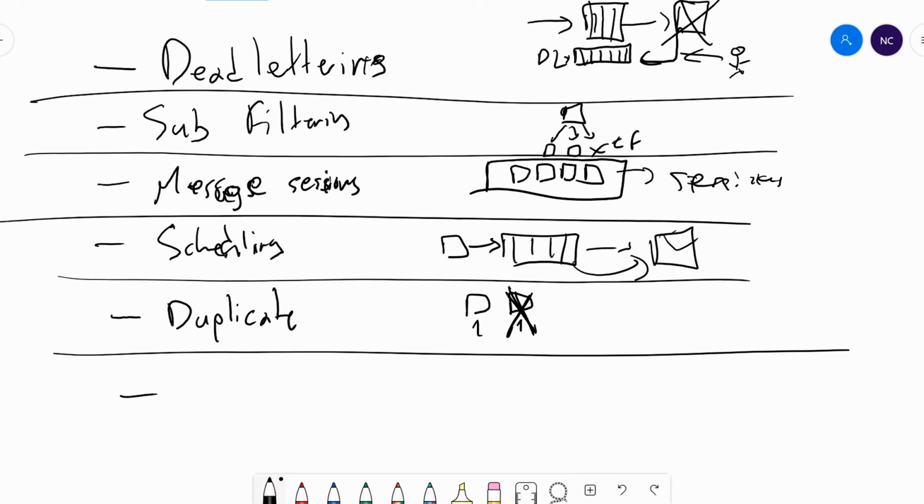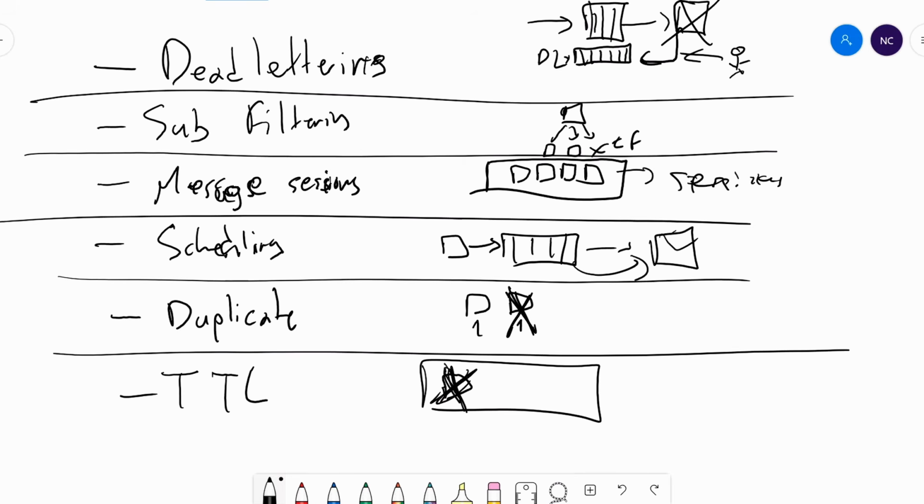And last but not least, TTL, or time to live, for messages allows you to say that I'm going to publish this message into the queue, but if by today 12 a.m. it's not published, then don't do anything with it, just delete it. I don't care about it anymore.